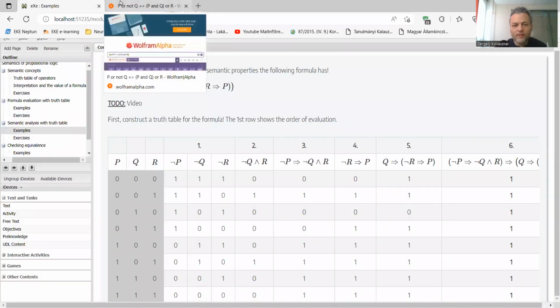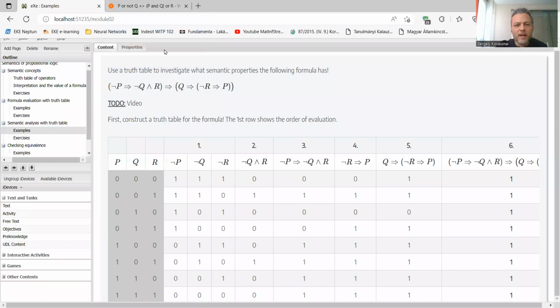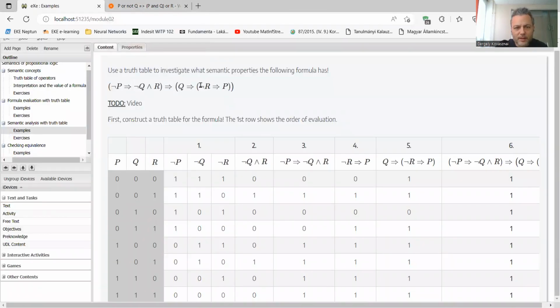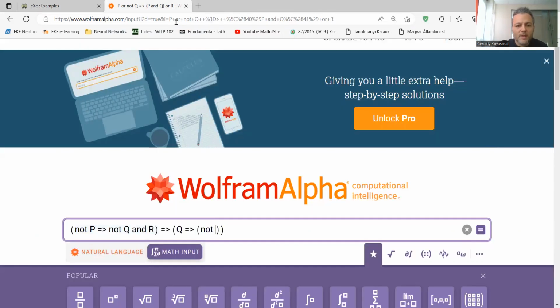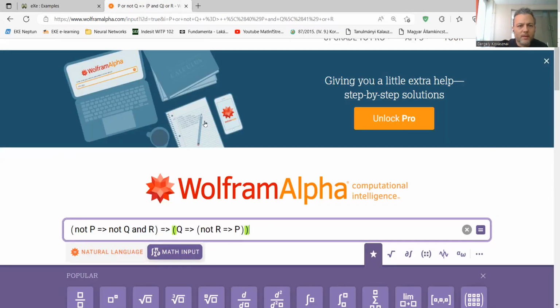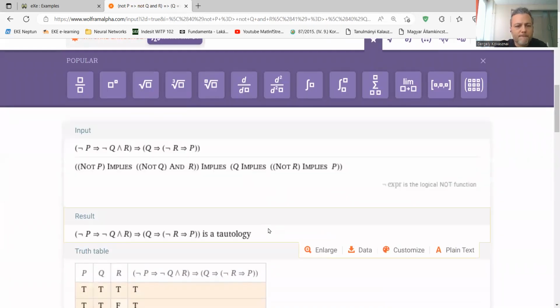And all of this implies Q implies, oh, this is something I will not be able to remember. So what to put inside the parentheses? Not R implies P. Not R implies P. Please always double check if you type the correct formula in the text box. Otherwise, you will get a totally different result.